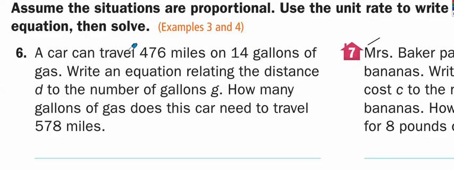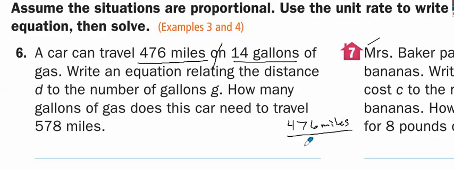It says a car can travel 476 miles on 14 gallons. So they just introduced a rate to us. So I'm going to come over here and I'm going to write that down. We know we can go 476 miles per each, every, on 14 gallons. Now go back to the directions. It says to use a what? A unit rate. So before I even read any more into this problem, I'm going to grab a calculator and